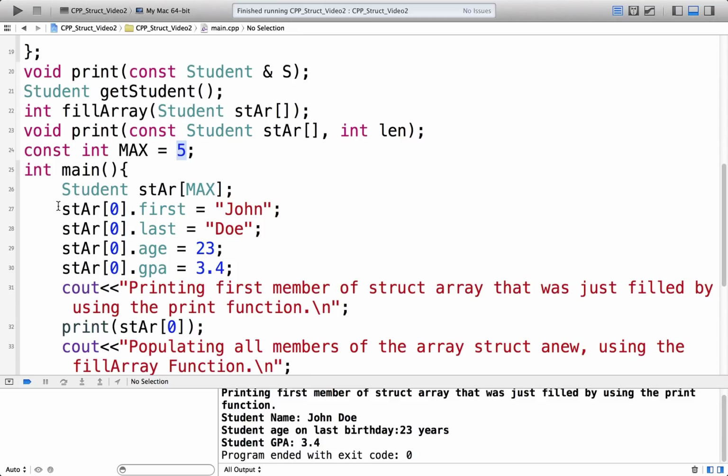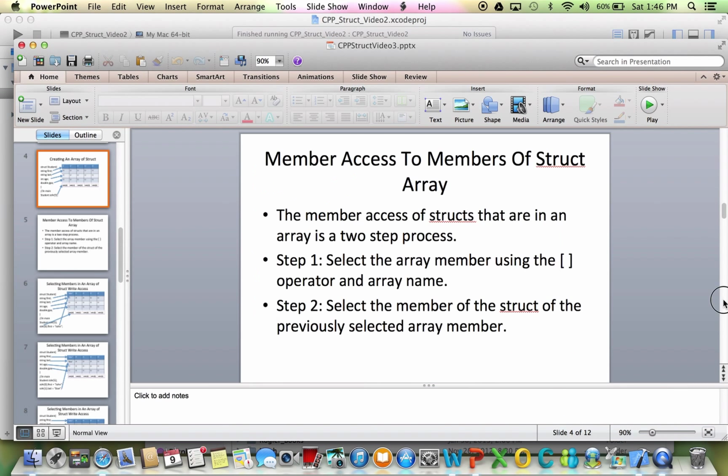And then as we populate the field called first of the first member of the array by John, field called last of the first member of the array, set that to Doe, field called age of the first member of the array, set that to 23, and field called GPA of the first member of the array to 3.4, then the situation becomes,